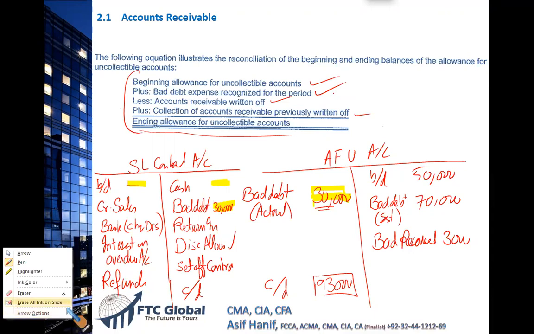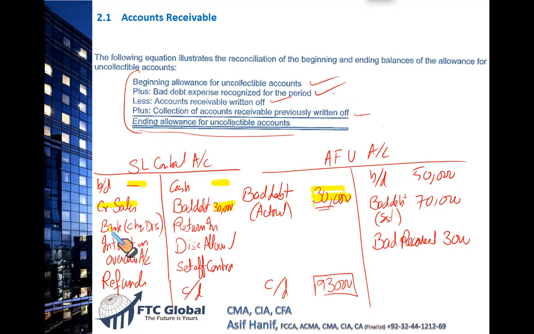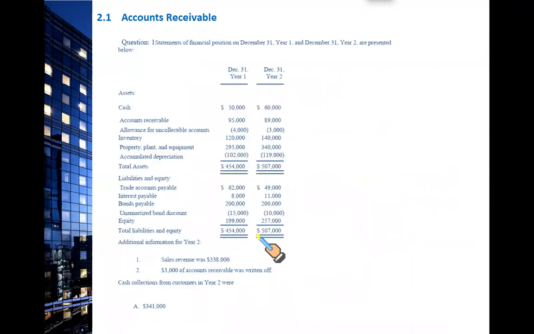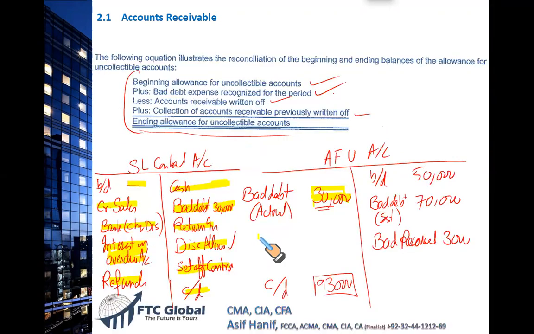So let me highlight what I have written here. Credit sales, checks dishonored, interest on overdue account, it's a single item. Refunds, then we have bad debts written off, cash collected from customers, return inwards, discount allowed, set off or contra, and the closing balance. We have a question. We have to check the effect on current assets. Well, if the question asks so, we mostly will be required to find out some unknown numbers, like in this question. Now look at this. Please note down this format. I'm sure you would have copied it or written it down in your notebook. I'm going to use this format